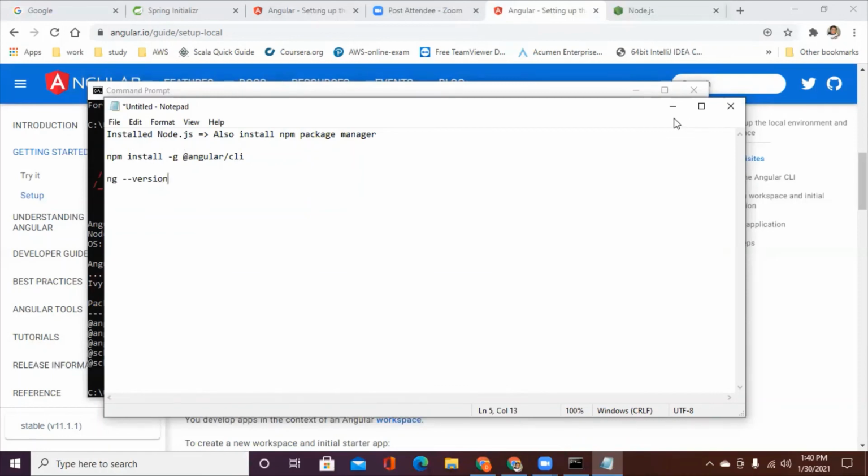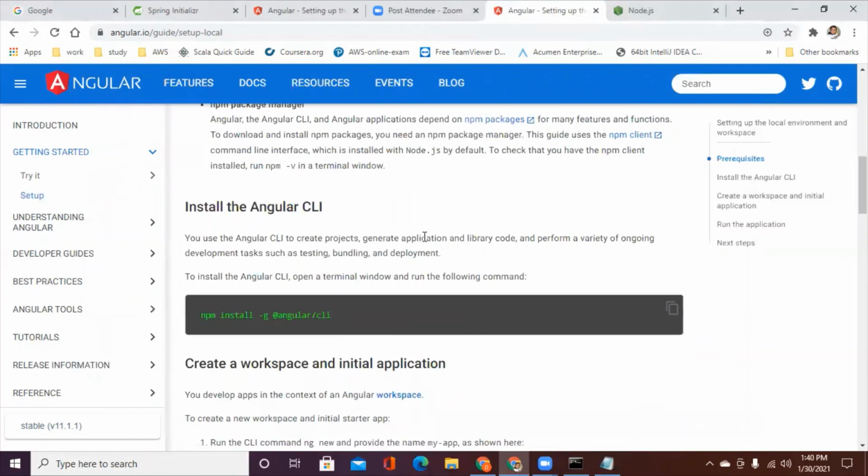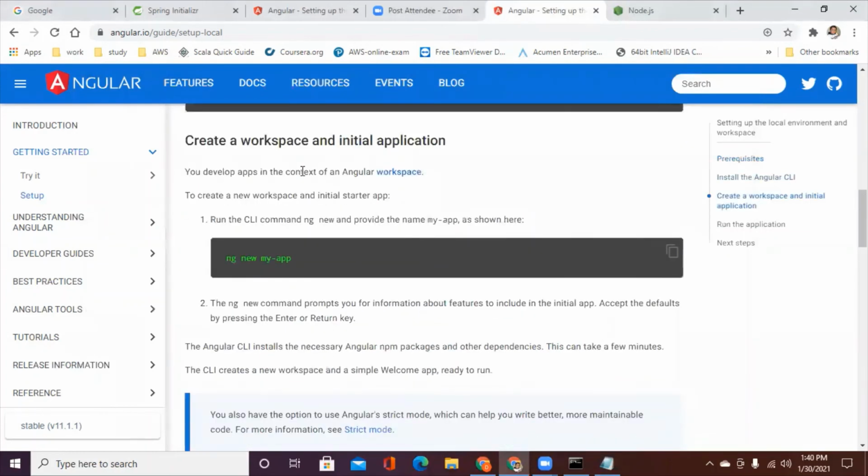Then I'll go back again to the Angular documentation and we'll see what's next. So now we're going to create a workspace and initial application, right? You develop apps in the context of an Angular workspace. To create a new workspace and initial starter app, you run ng new my-app, right? Okay, so where I want to do that, let me